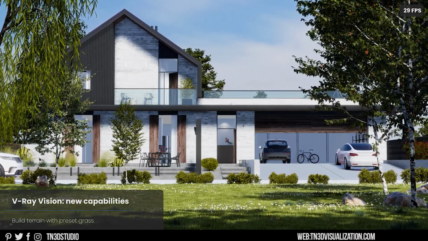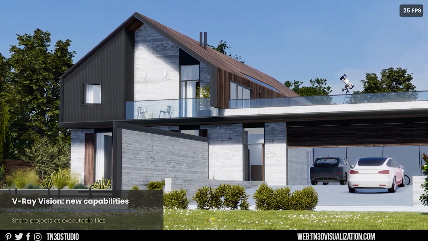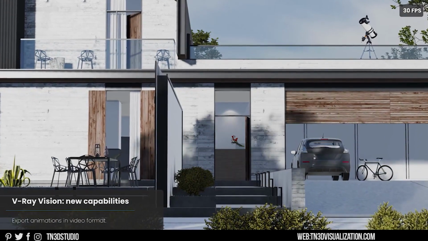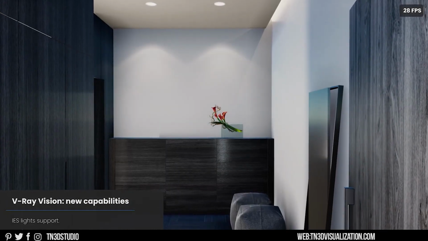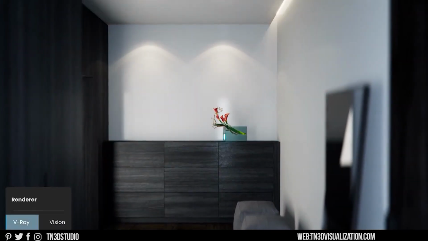And those are all the improvements for Vision in Vray 5.2. Hopefully I didn't miss anything. I think Vision is taking the right steps towards showcasing more realistic projects, as well as improving the user experience. So let me know what you think in the comment section, as well as the features you'd like to see